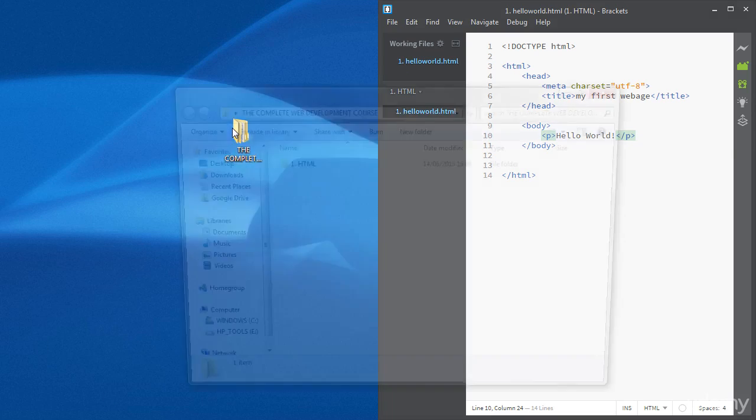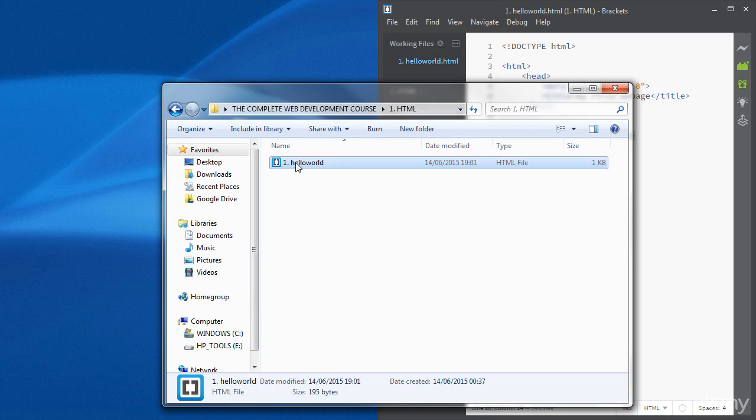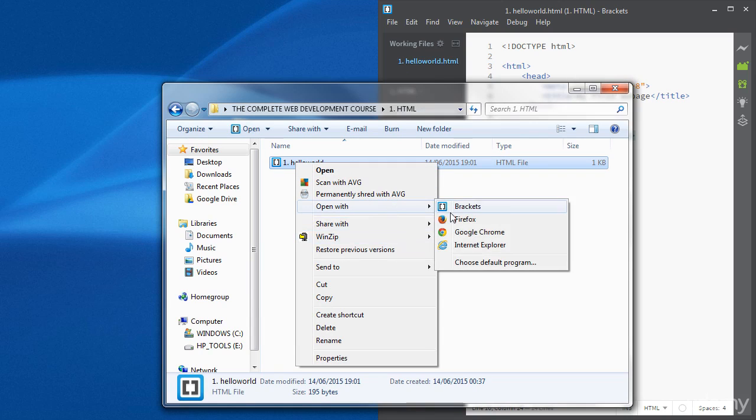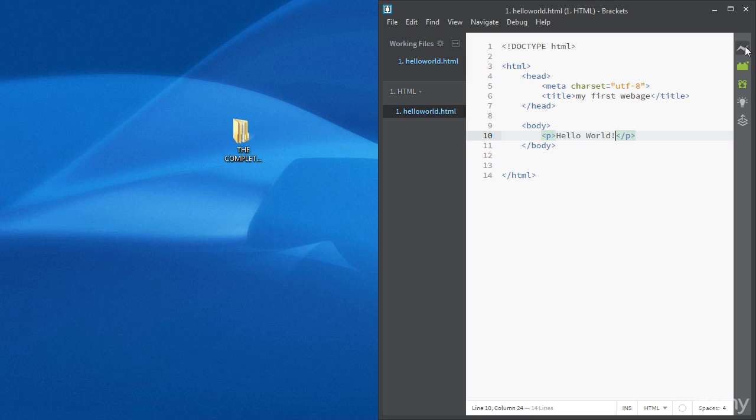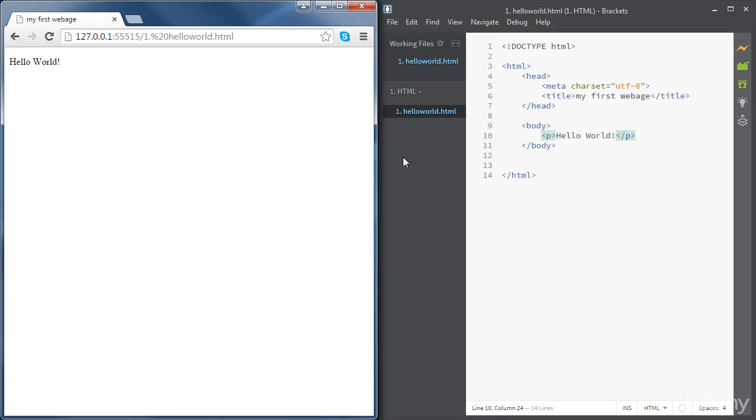So rather than going to the course folder, HTML, and opening the page using Chrome, what I'm going to do, I'm going to use one of the really good functionalities of Brackets. I'm going to use the live preview icon. So if you click on that icon, okay, and then click on window left,